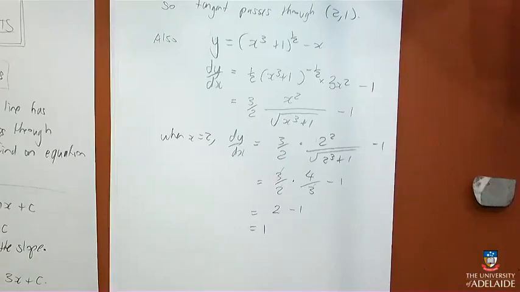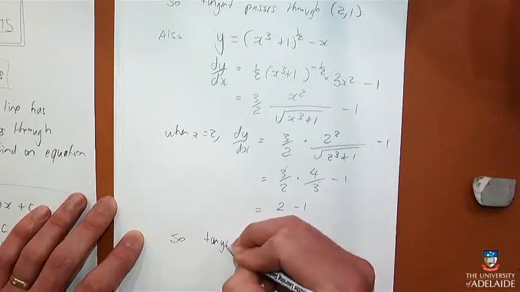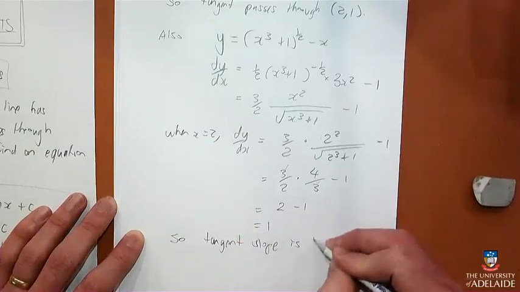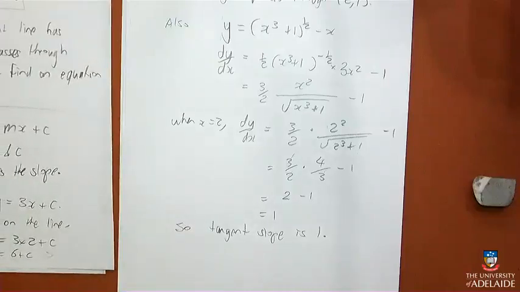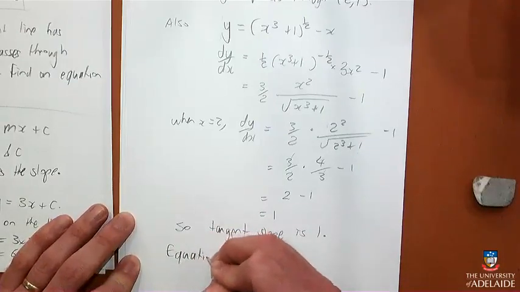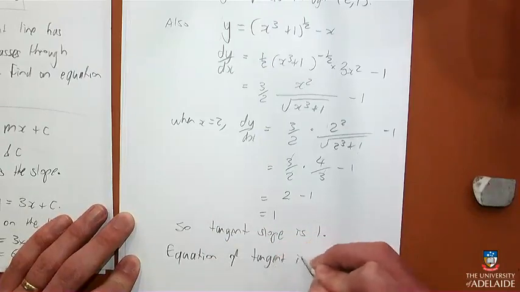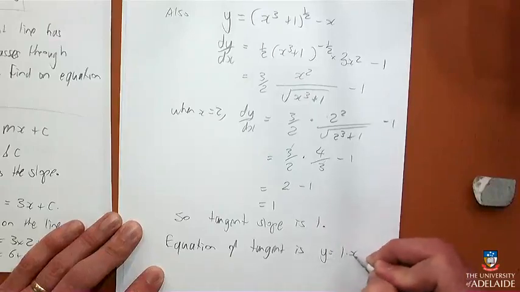Okay. So the tangent slope is 1. So since the slope is 1, therefore the equation must be y equals slope x plus something. So we can say the equation of the tangent is y equals 1x plus c